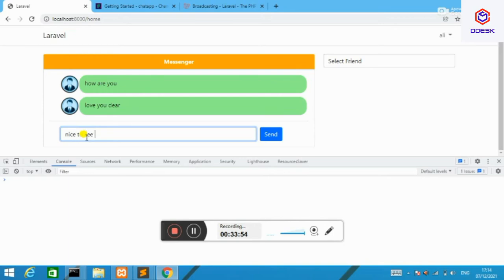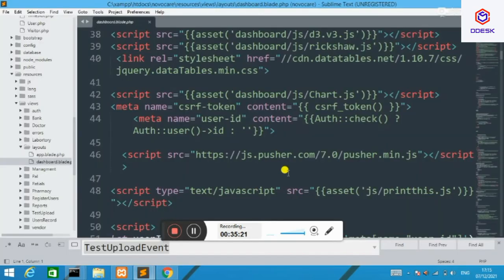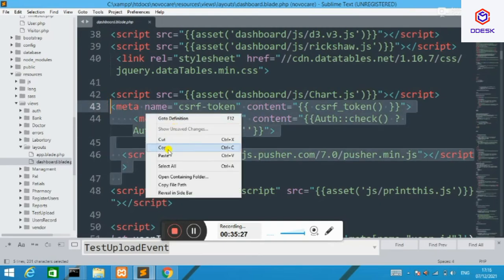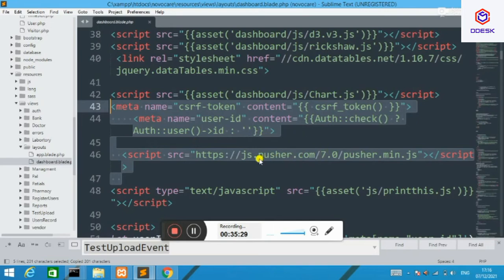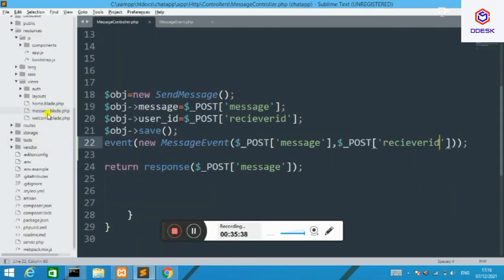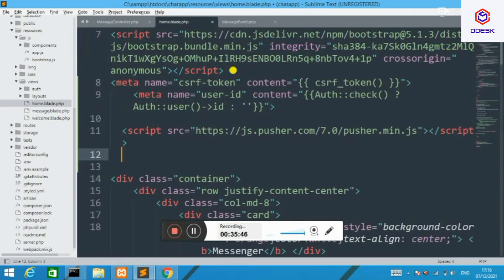Now I try to send a message and see if there is any error at server side. I'm sending a message to admin and click the button. Yeah, message sent successfully. No error at server side. Now I want to receive this message which is broadcasted. Copy it. You can type it manually, but because I already have the code, I will not type it to save time, as the video has already got very lengthy. I'll paste